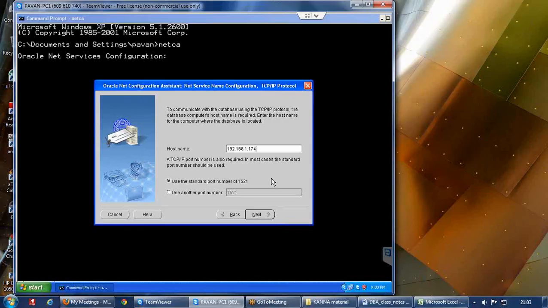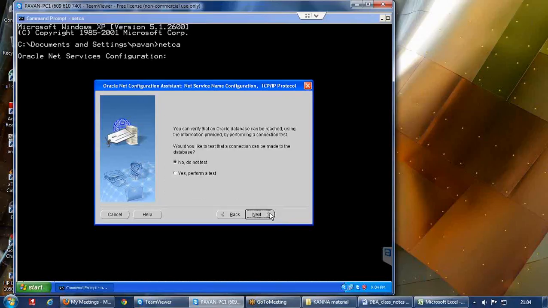If you don't mention any other number, 1521 is the standard port number, so that is what I am also taking. I am not changing anything over here. Suppose you want to use any other port number, you can click on the second option and change the value here. But I am going as of now with the standard port number, so I am selecting the first option and Next.